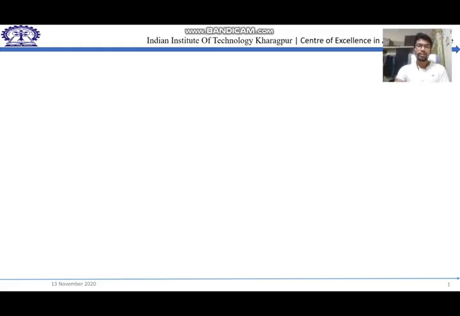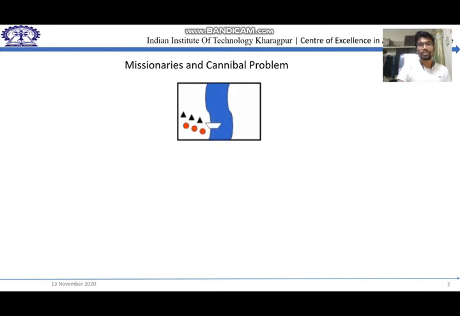As Dipankar, Anupam, and Ashikur have given the brief introduction, a brief idea about the SMS star algorithm, that is how it really works, now we will see with the help of this application how this SMS star algorithm works. So we'll take a very basic and well-known problem in artificial intelligence, which is the missionaries and cannibals problem.